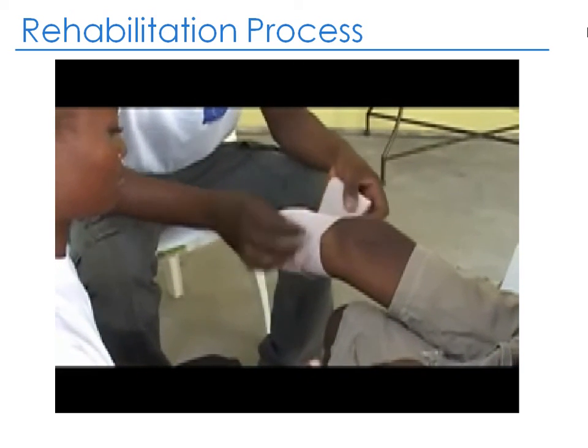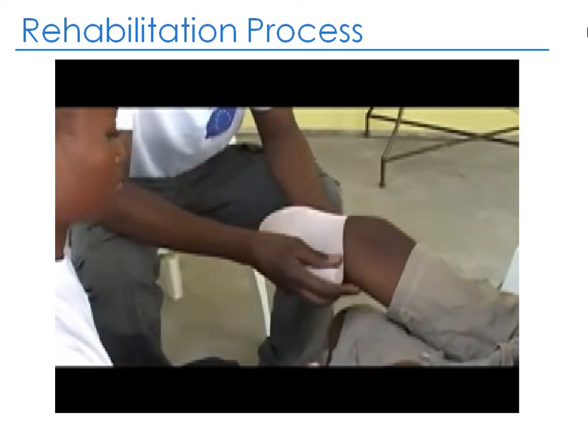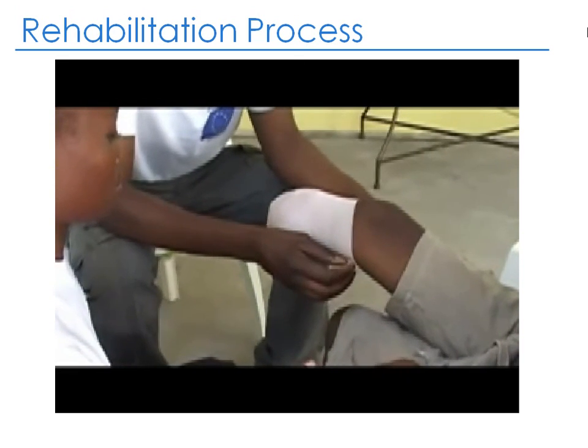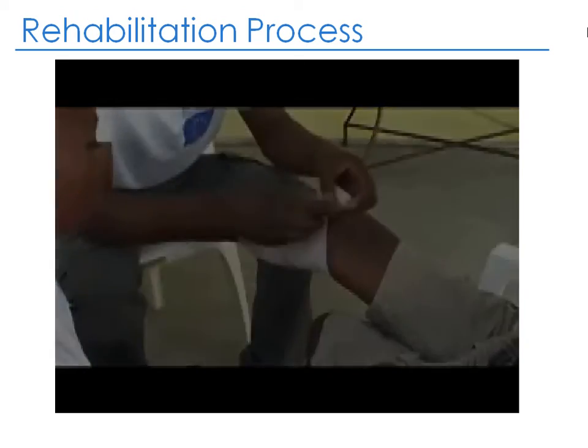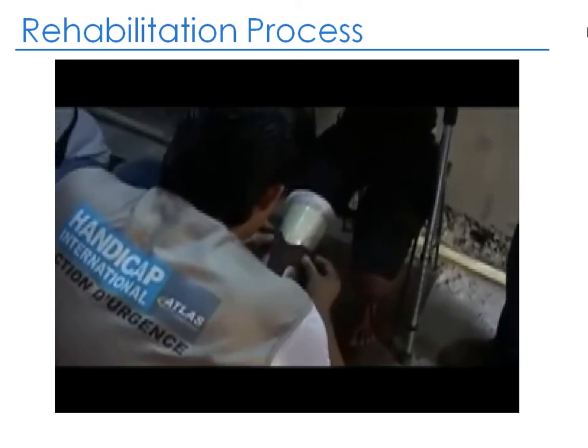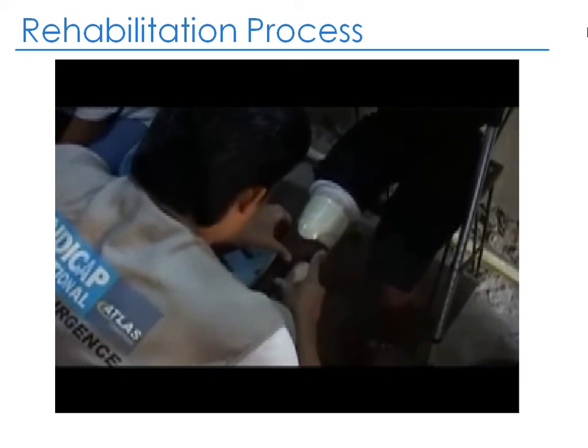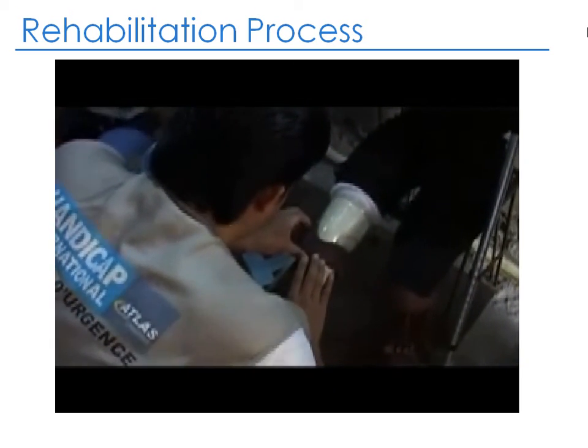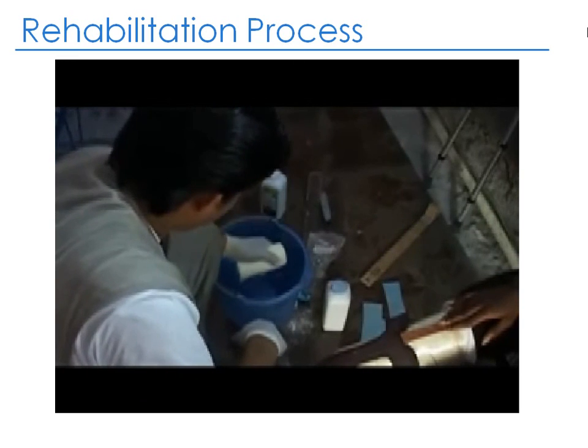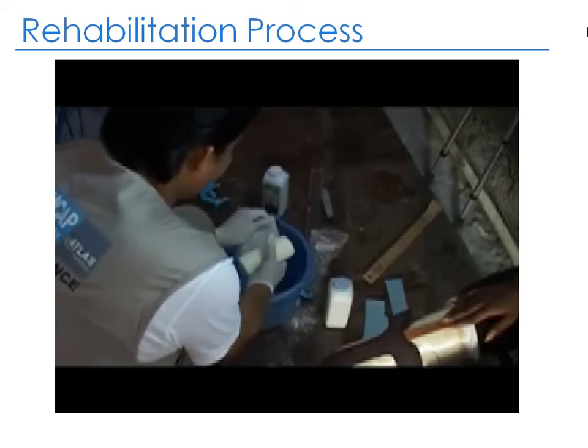I don't remember who said that the surgeon is the first physiotherapist. I think the family is also a first physiotherapist. They have to learn how to do exercises, and that shows production of the prosthesis. In this case, it was in Haiti, so it's a temporary prosthesis. It's not a final prosthesis.